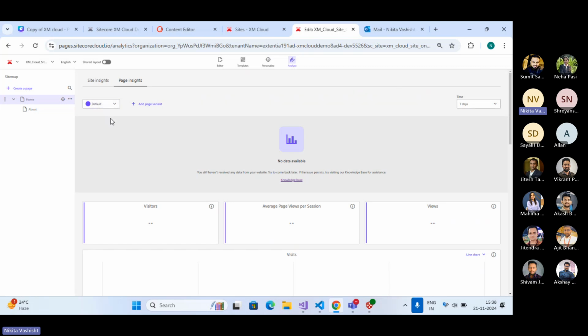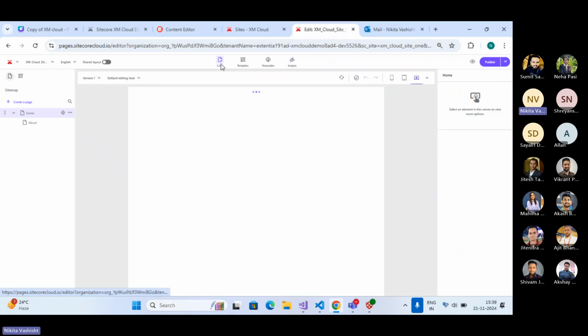And then we can compare the variants also. So how it works is, since I've added a personalization, I've added a variant in it. So I've personalized one of the components. I can compare how my page is behaving with that specific component and how it is behaving with my personalized experience. So all of those metrics can also be compared. If I'll go back to my editor,